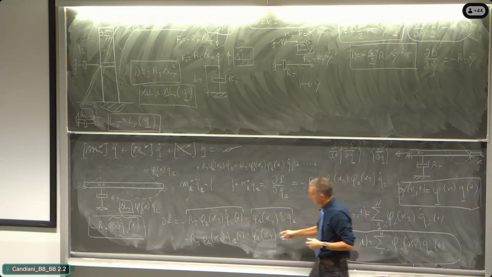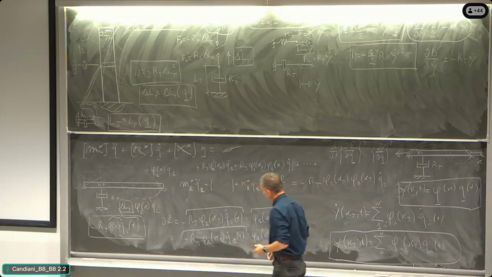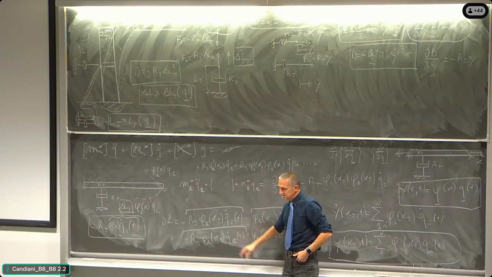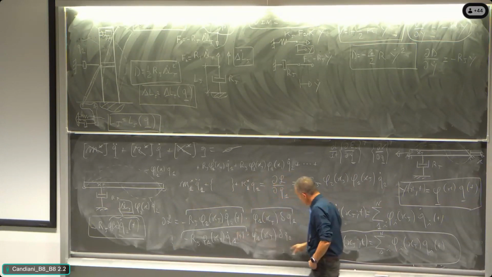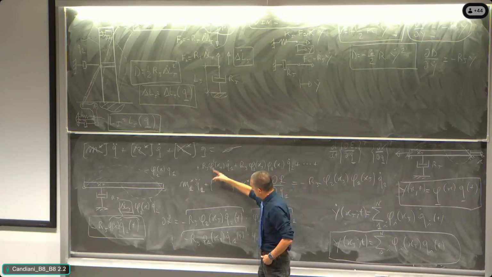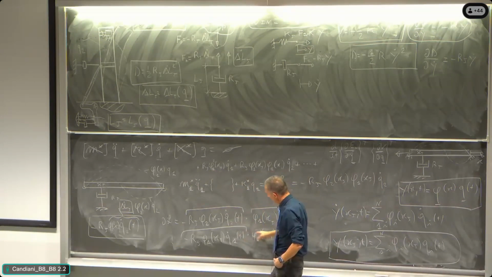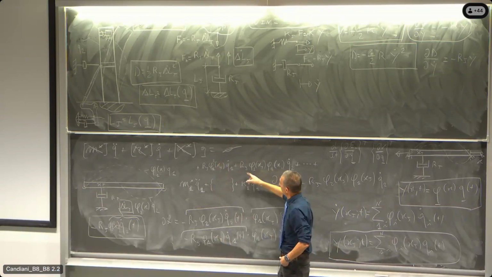Then I also have velocity because of the movement of the first mode. And so I have a contribution, and the contribution will be first phi1 squared at the location of Q1. But then I have